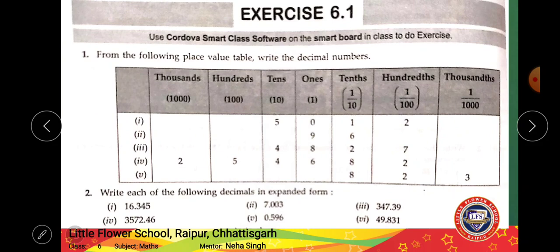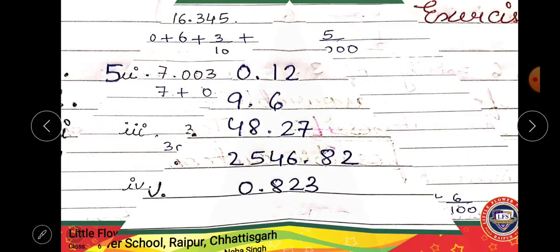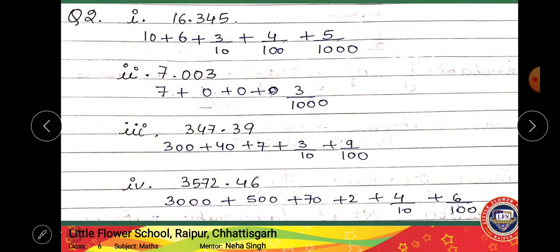Second is, write each of the following decimals in expanded form. Now in this form you have to write. So let us see how we are going to do it. See, we have done the expanded form of simple numbers. For this, in decimal numbers, the question will be divided into 2 parts. How 2 parts? Left side of the decimal, right side of the decimal, right? The right side of the decimal will be written in fraction form, the left side of the decimal will be written in simple form, which till now you were writing, right?